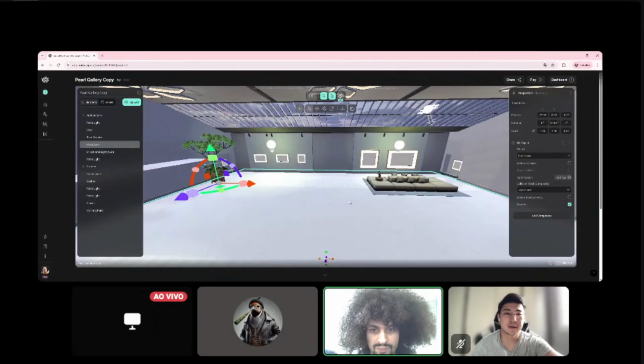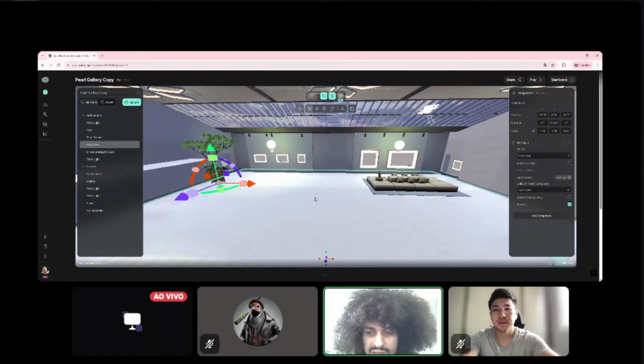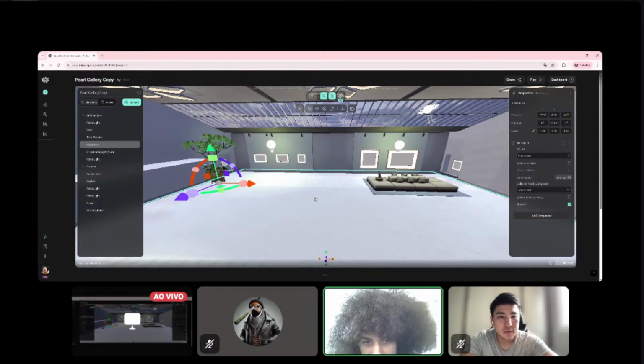Hello, everyone. So this is the third day of our webinar, of our workshop. In the first day, we talked about Anitya basics, some navigation and also shortcuts, and how to start placing 3D objects and media files in your scene, the most basic ones. And then in the second day, we talked a little bit more about the trigger system in Anitya and how gamification actually works for us.